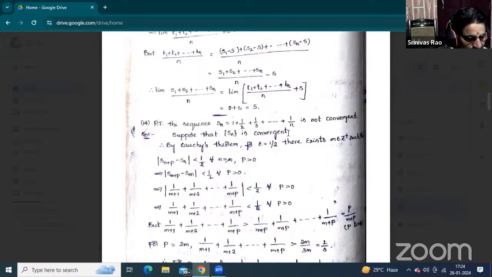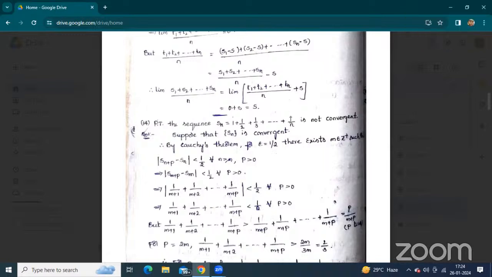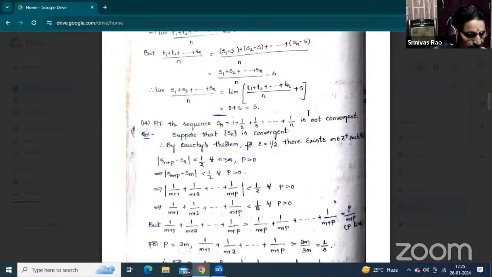Now, heartily welcome to this session, especially for UG Third Semester Mathematics. Srinivas Rao is the faculty of mathematics. In the last two classes, we have explained the Riemann integrals concept. Today is also a very important session, and I must explain some important problems and important theorems for the Riemann integration concept.